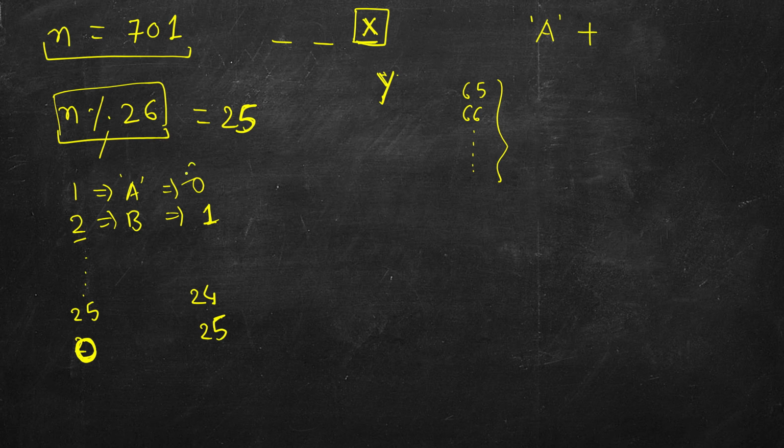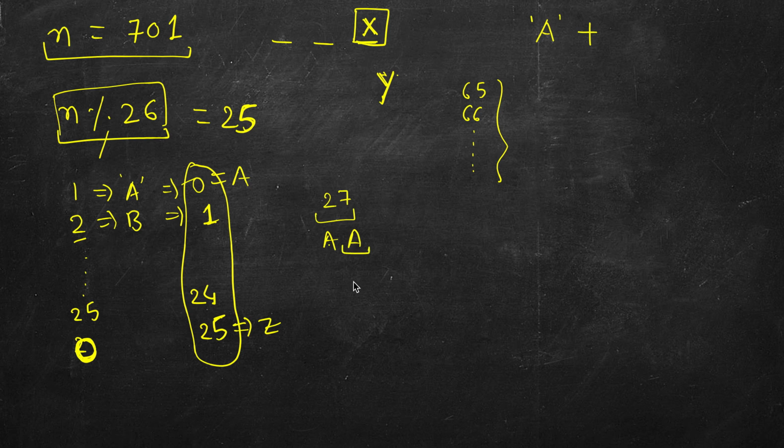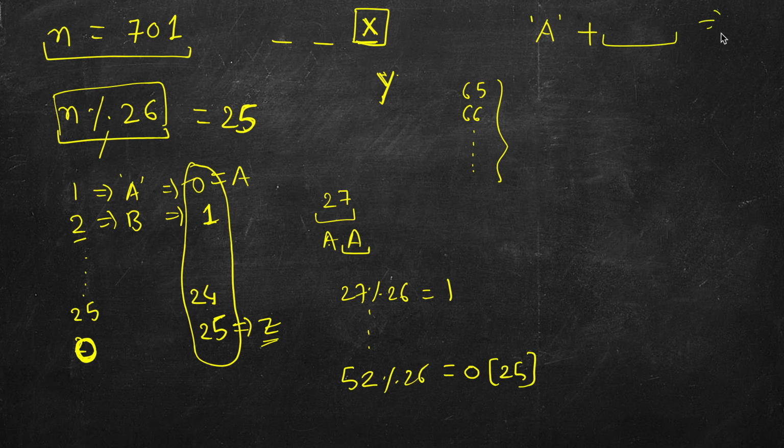So what is the way of doing this? We have to map from 0 to 25, and this 25 corresponds to Z, and this 0 corresponds to A. But if you look at the numbers, let's say we are looking at 27. It should be AA. We are considering our last digit. So if we take 27 modulo 26, we get 1. We should have got 0. Similarly, if we look at 52 modulo 26, we got 0, but we should have got 25 in order to make it Z. If we add this to A, we should get that character. If we add 0, we get A. If we add 1, we get B.